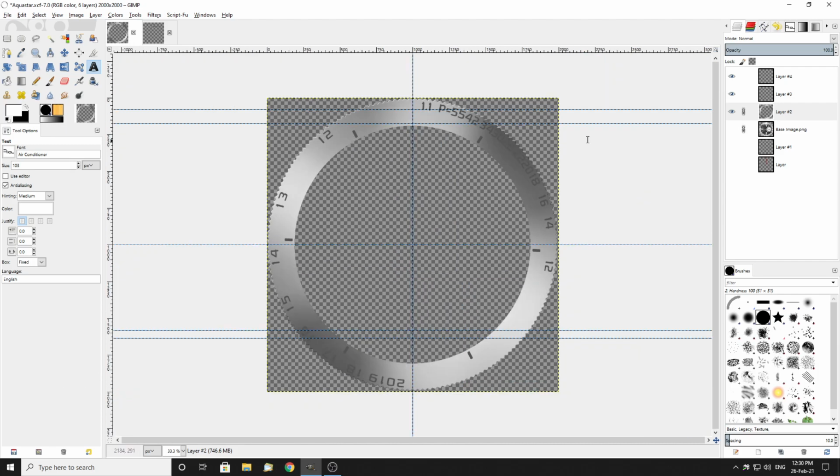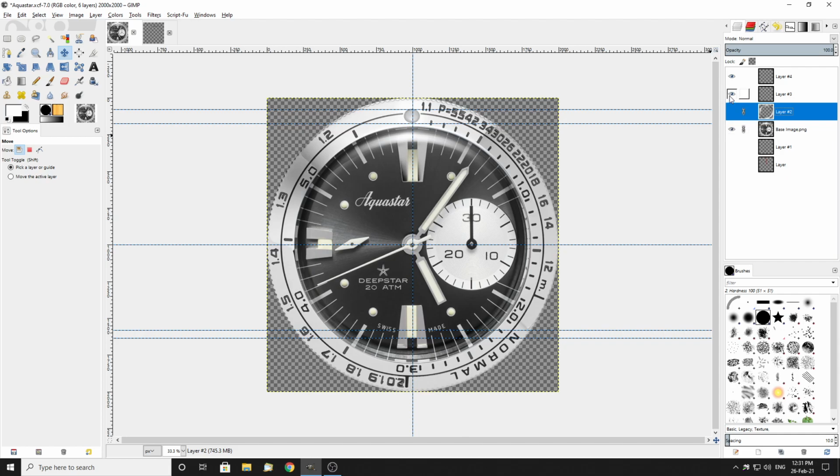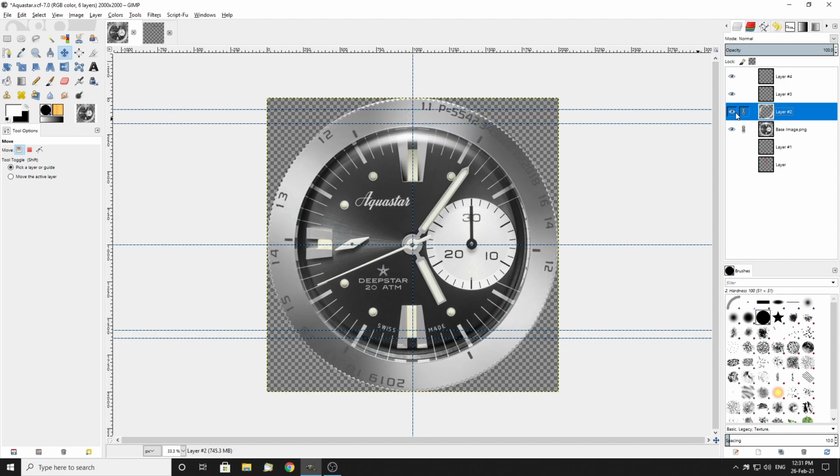Okay. What I'm going to do is, I've made a decision. Sorry, I should use that so you can see where I'm pointing. I made a decision. This is going to be too dark. It looks, as you can tell, nothing like this. This is much brighter. So what I'm going to do is show you,